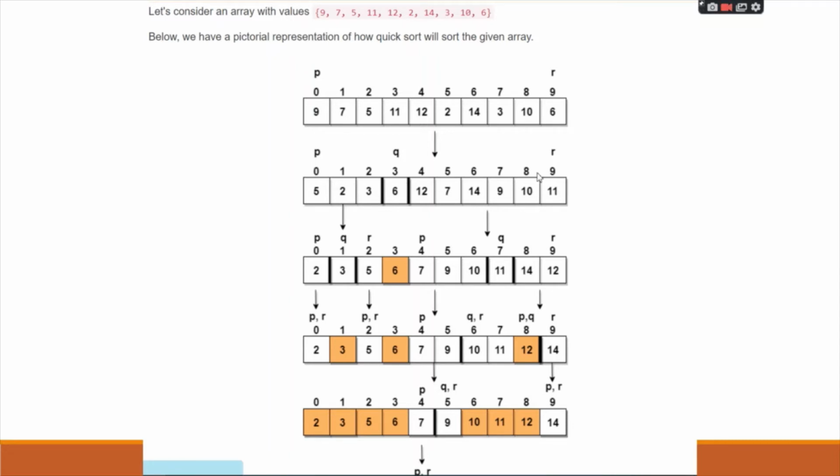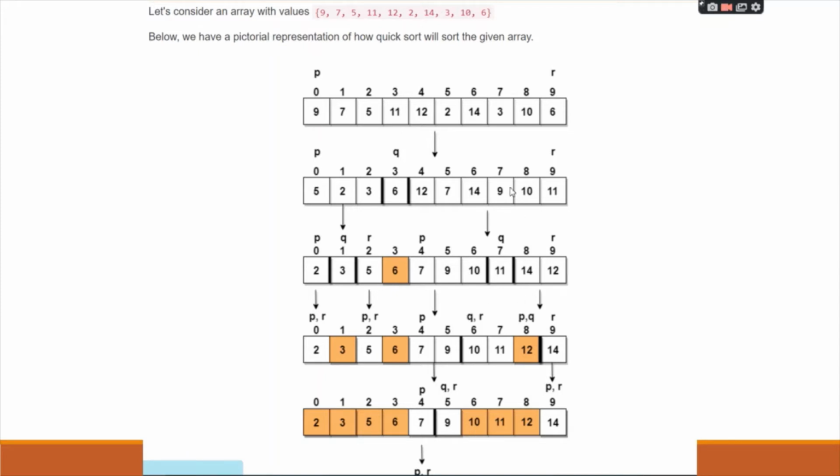So in the next pass, that is the second pass, we'll get the pivot at its correct position, and towards the left will be lower values, towards the right will be greater values than 3, and similarly in this case 11, the smaller elements towards the left and the greater elements towards the right. Similarly, we'll once again divide the array based on the sub arrays, that is here we'll divide from 11. So 4 to 6 is one part and 8 and 9 is one part.